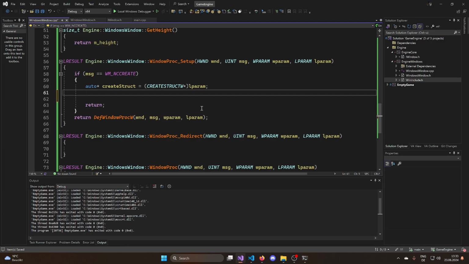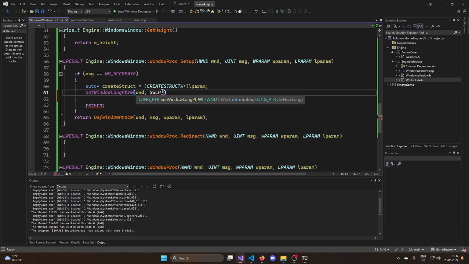Every window that you're going to create with Windows is going to have a so-called user data memory section, which is 8 bytes big to store one pointer or any kind of data that you want as so-called user data. How can we access that user data? Well, we can set it by calling the set window long pointer W function. We need a window in there, of course, which is the window that we are calling on. Then we need to specify a so-called index,